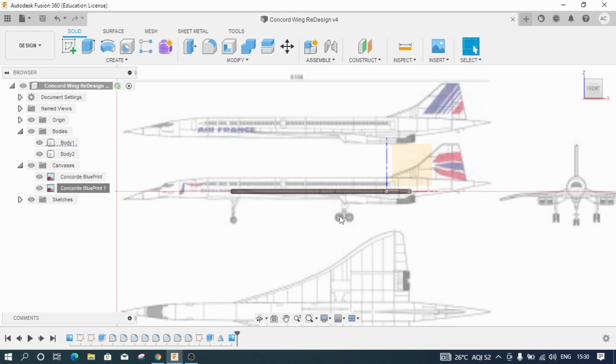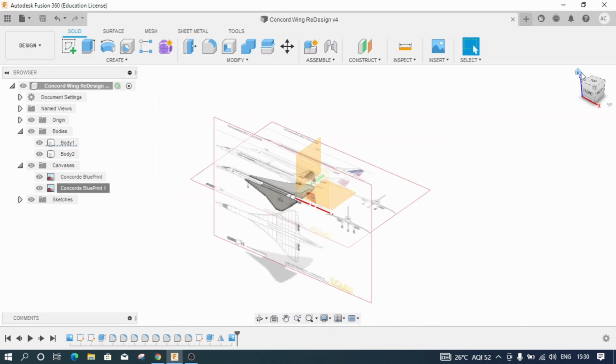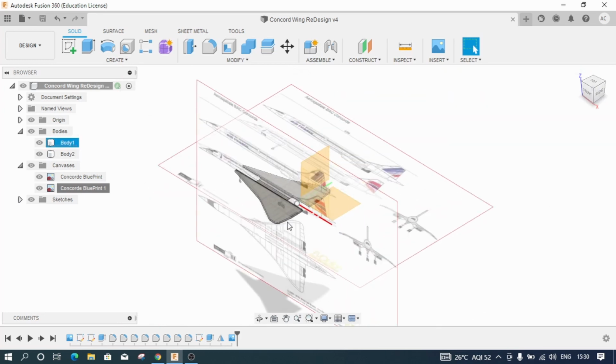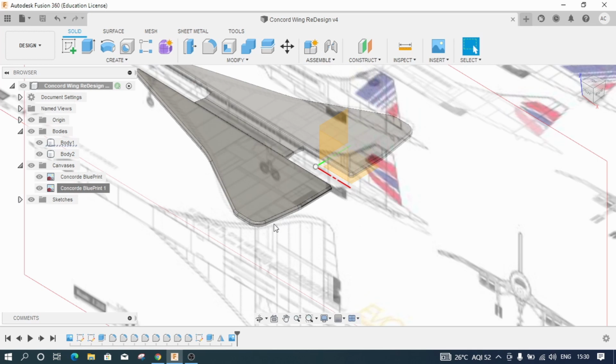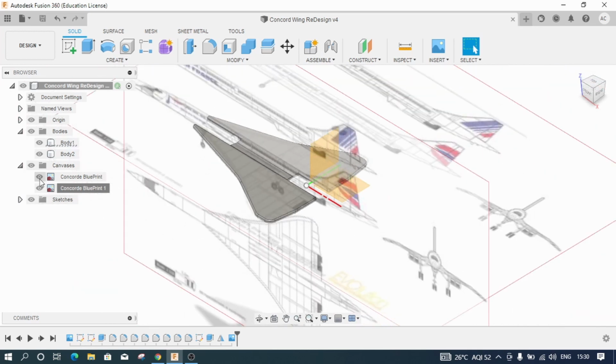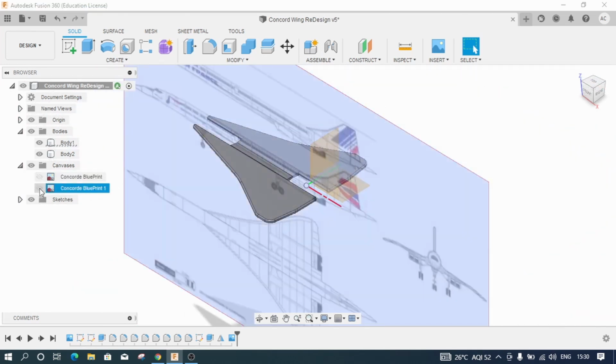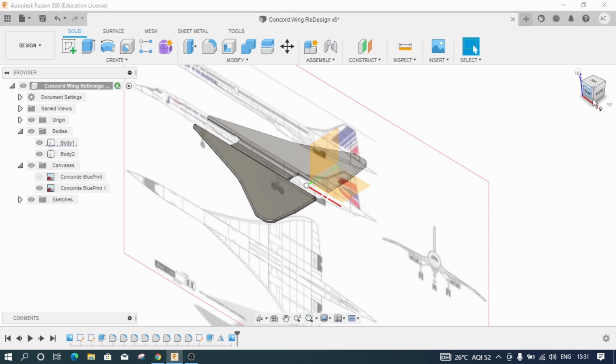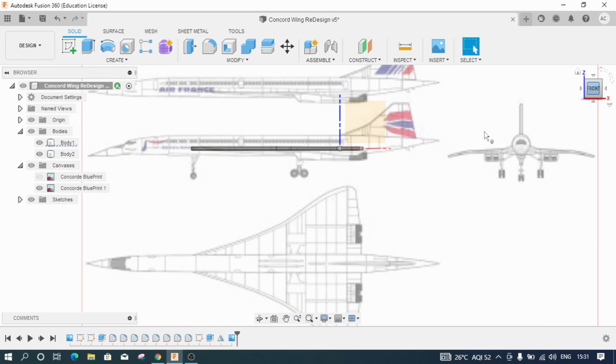And now you can see that the blueprint or the background image to develop the body of the plane is exactly in its place. In order to avoid confusion, you can simply hide this canvas and start your design, and whenever you want, you can turn it on to refer to it. Now, as you can see, the body of the aircraft is in perfect cylindrical shape, and only the nose part is in conical shape, and only the tail part is in conical shape, and the rest of the body in the middle is perfectly a cylindrical object.